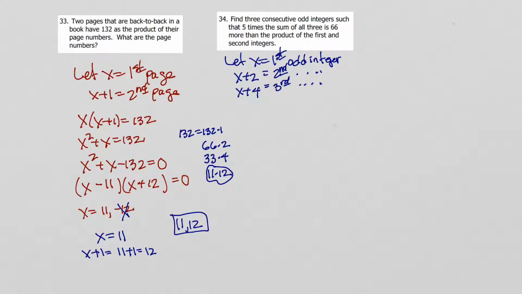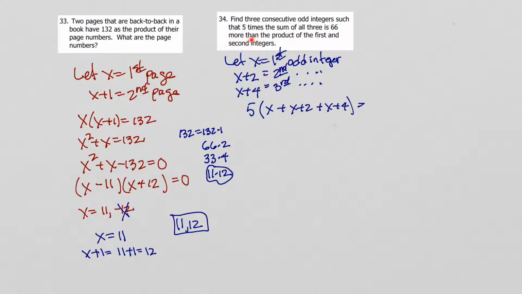It says this, 5 times the sum of all 3. So I'm just going to read and write what I read. 5 times the sum of all 3. So the sum of all 3, let's just add these up. So it's going to be the first one, x, plus the next one, x plus 2, plus the next one, x plus 4. All right, I've got 5 times the sum of all 3 equals